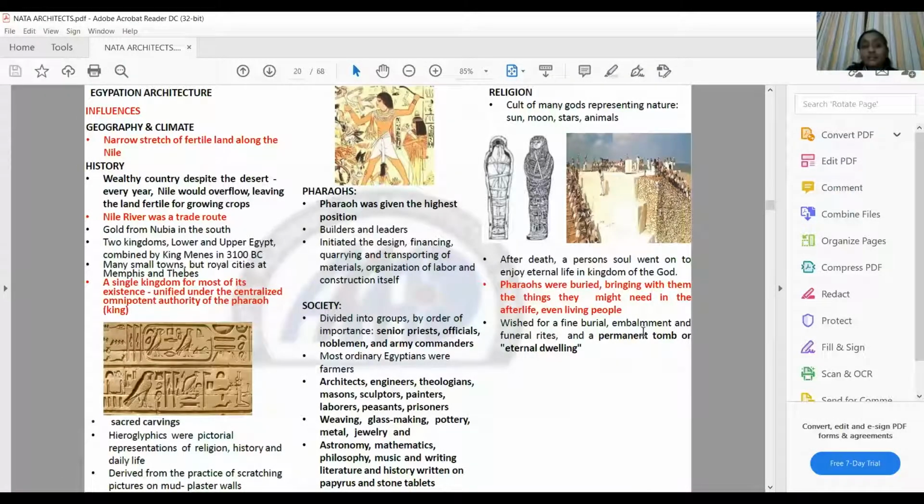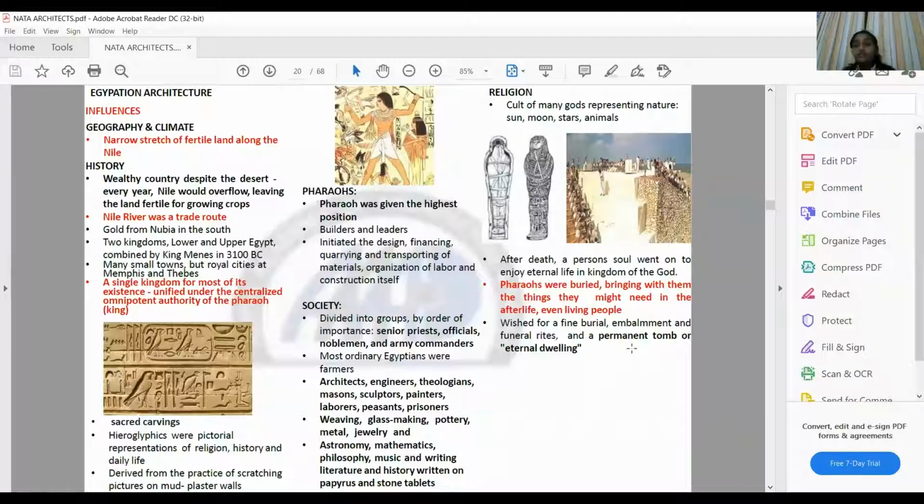This again takes back to the narrow fertile land along the river Nile. So mainly they had these inscriptions which were written pictorially, that was referred to as your hieroglyphs. So that is one of the images that is seen below. And then they maintained hierarchy where pharaohs were given utmost importance, and then had these nobles, priests, and other army commanders, etc. So that was the kind of hierarchy that these people followed.